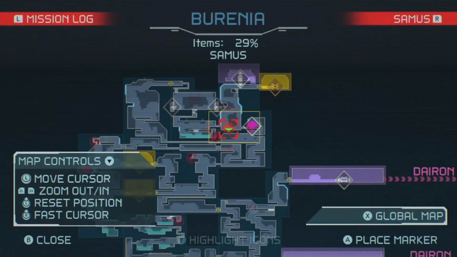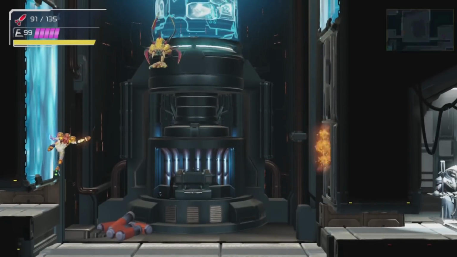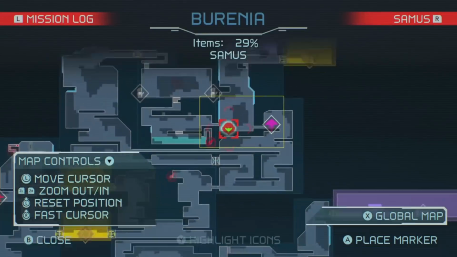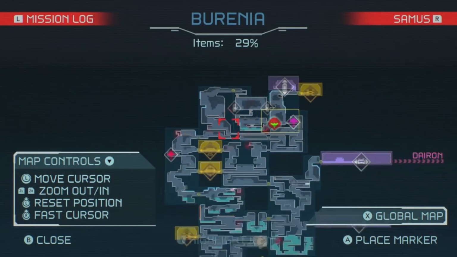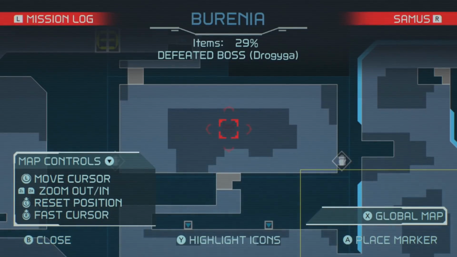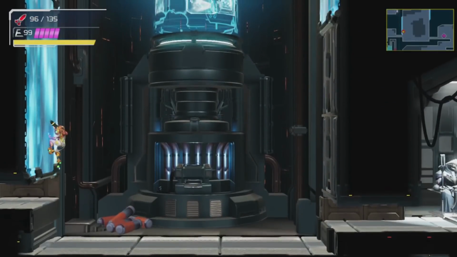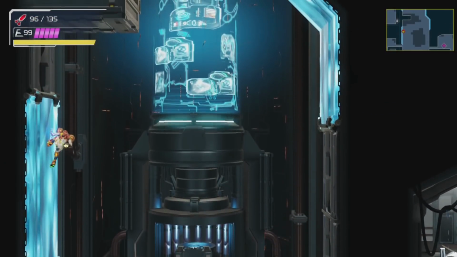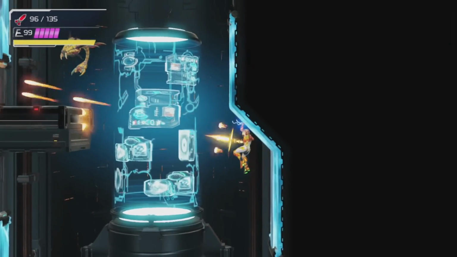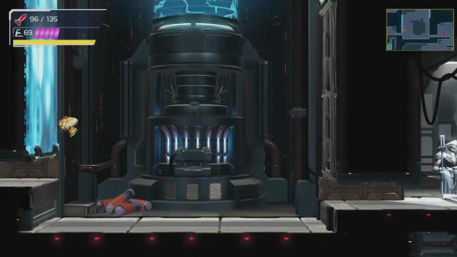Alright then, well, until next... Really? Okay. Well, until next time then, everyone, we've made our way through the upper half of Berenia. Fought another boss, doing the thing. Drogiga. This game's got a lot of bosses in it. We actually haven't fought a boss in a little while. But the bosses aren't like...